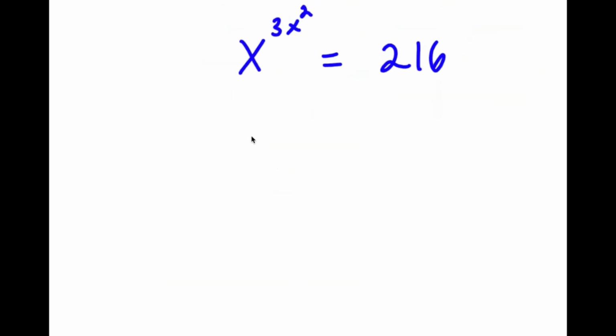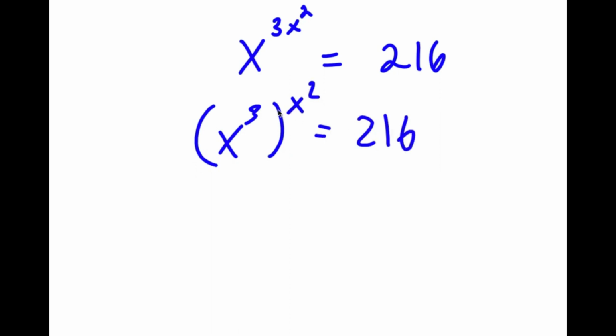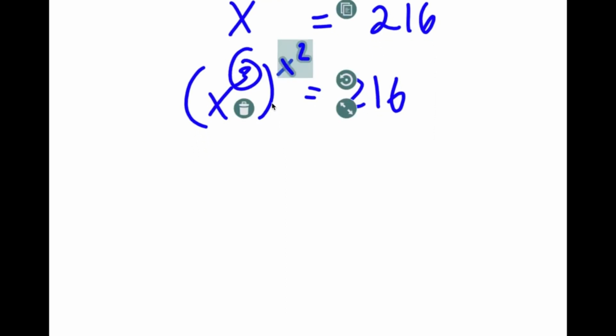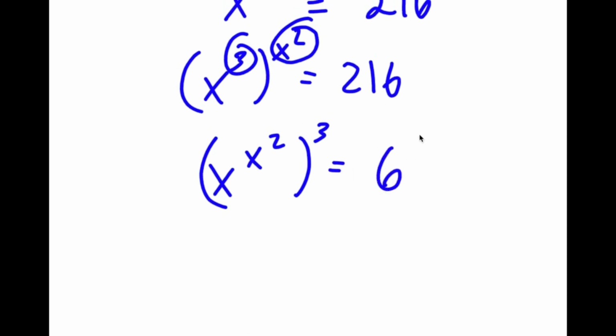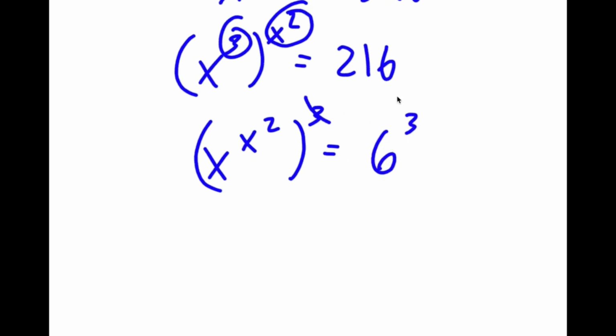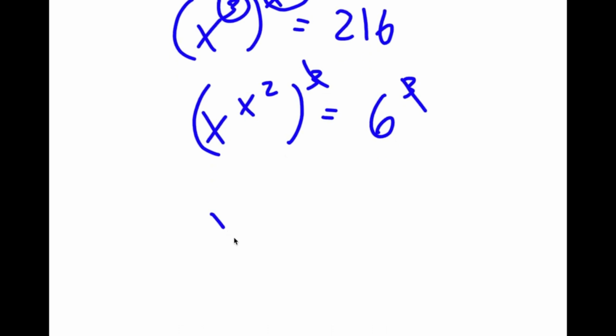Alright, so in this problem, I have x to the power of 3x squared is equal to 216. So I'm going to first start by rewriting this as x to the power of 3 to the power of x squared is equal to 216. And now I'm going to switch the order of 3 and x squared, so this is the same thing as x to the power of x squared to the power of 3 is equal to 216. I'm going to rewrite 216 as 6 to the power of 3. Now these two 3's can simply cancel out, so now I have x to the power of x squared is